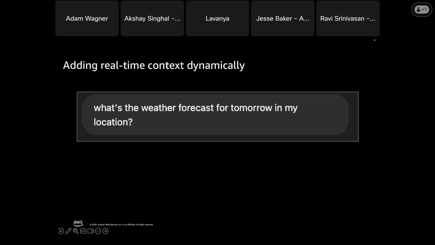So if we want to ask for the weather forecast tomorrow in my city, we know LLMs were trained on data in the past. And so without some sort of external data source, it's not going to be able to answer this question. So how can we make it so that it can answer that question?